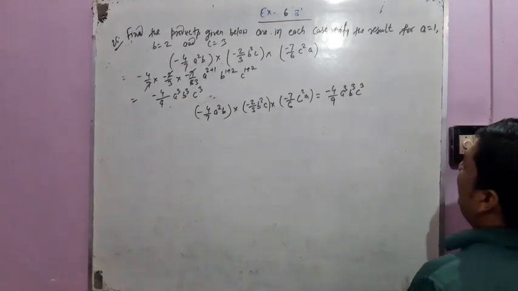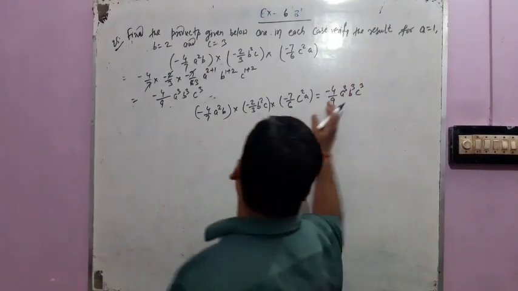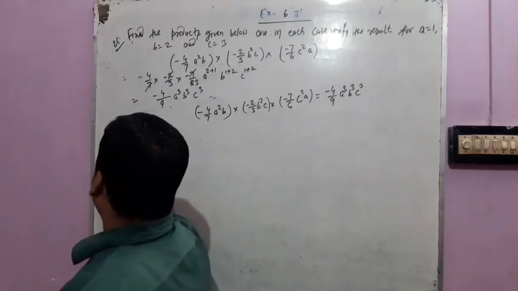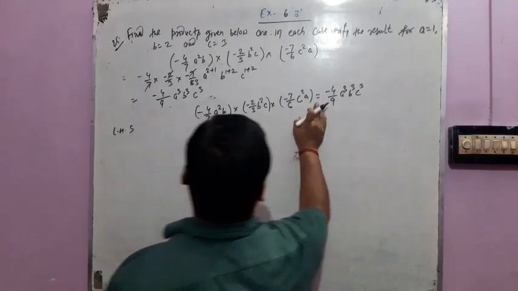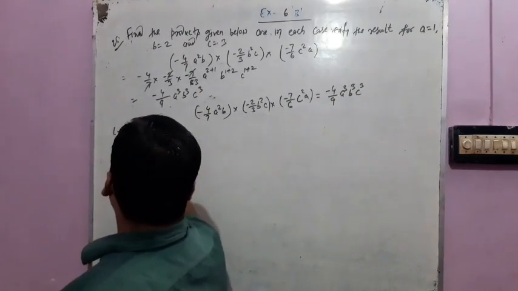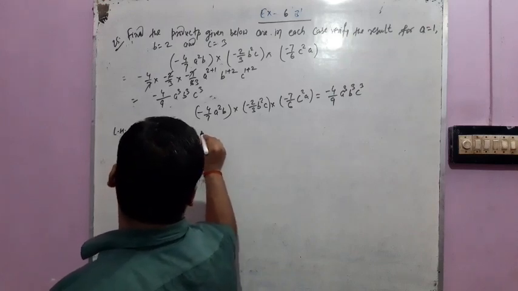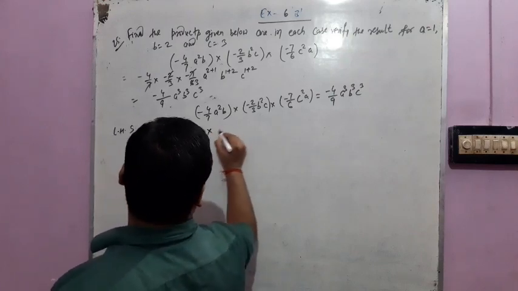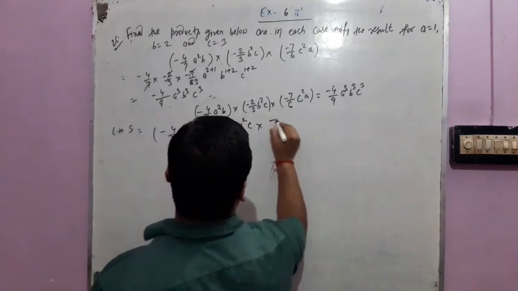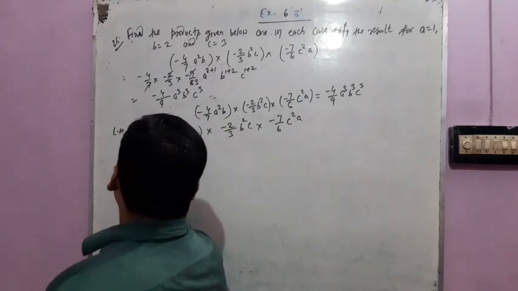Now we have to verify the result here. Similarly, as in question number 19, we solve the LHS and RHS separately by putting in the values of A, B and C. So now we are taking the LHS. The term that lies to the left of the equal sign is the LHS: minus 4 by 7 A square B into minus 2 by 3 B square C into minus 7 by 6 C square A. Now we are putting the values here.